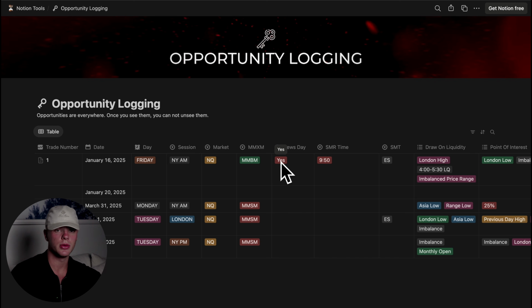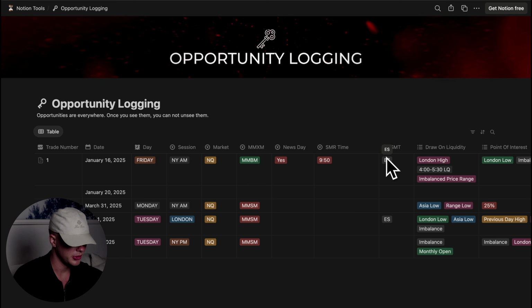We pay attention to the exact smart money reversal time to the minute, because as your data collection continues to expand, you'll begin to see repeating signatures in the exact SMR time, the exact smart money reversal time. And that will be one of the biggest liquidity moments which you have, but that's for you to find out.